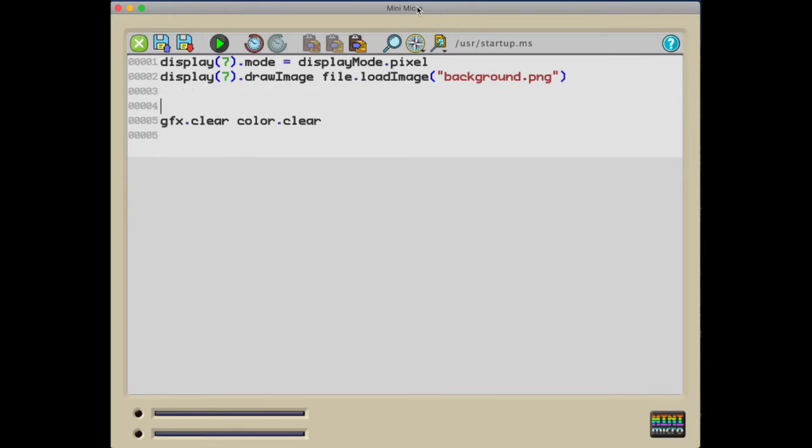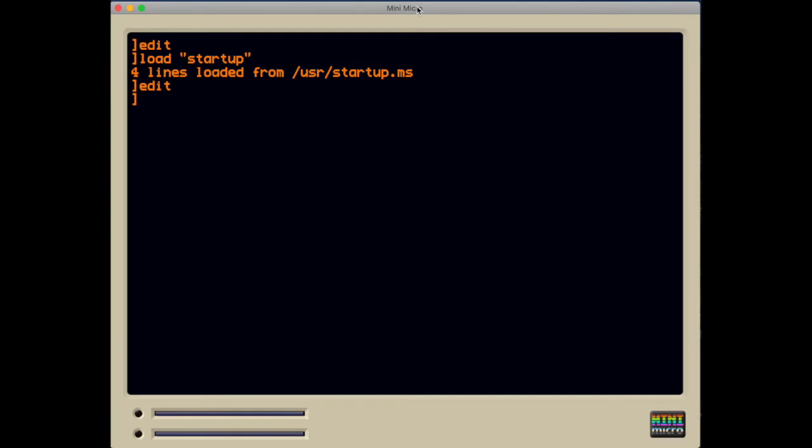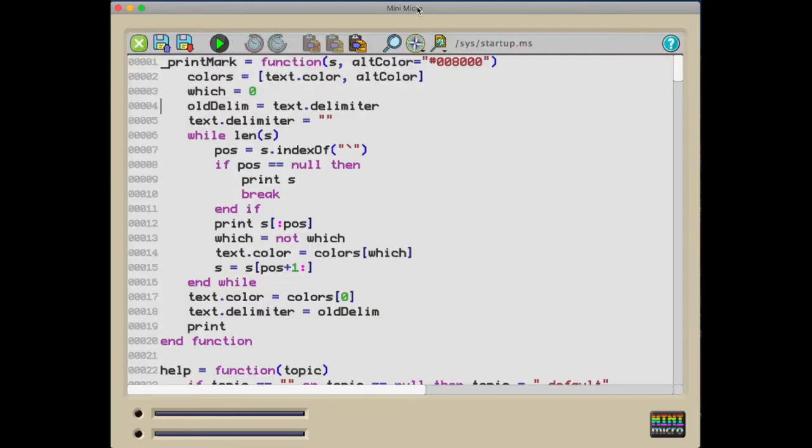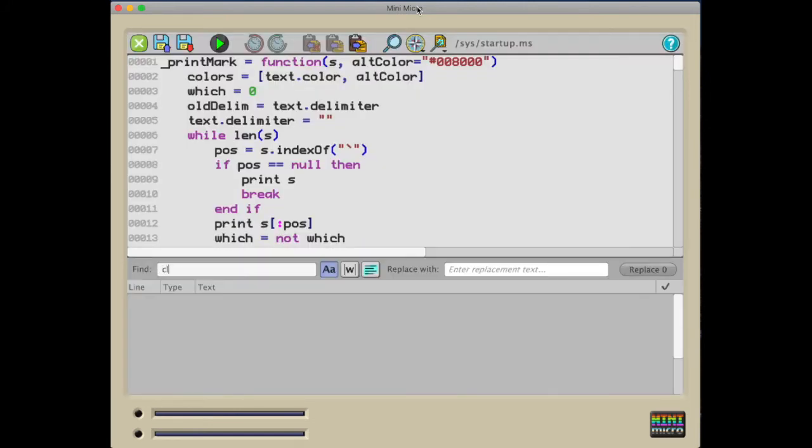So what I'm going to do here is jump over to the startup disk actually and look at the source code for the standard clear function, which is in the system startup disk. So let's load sys startup, edit that, let's find clear, there it is,